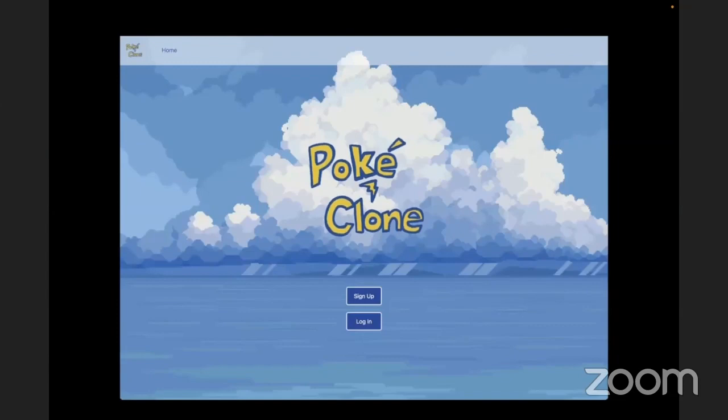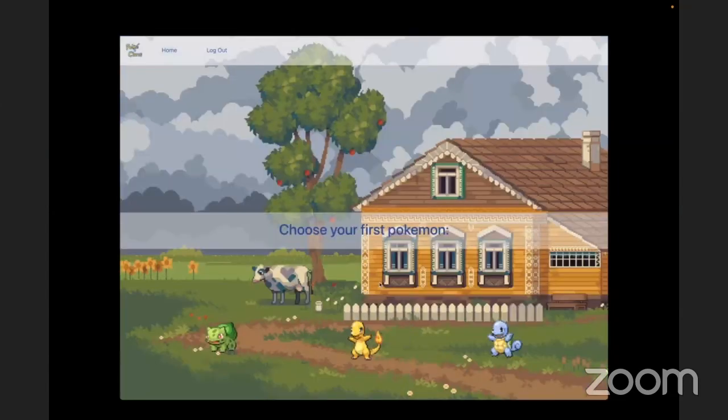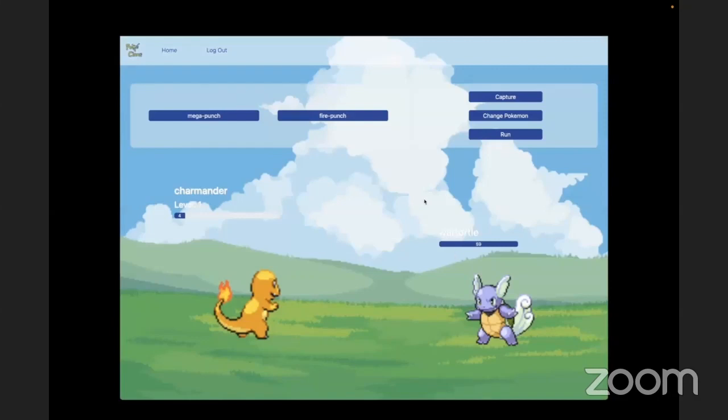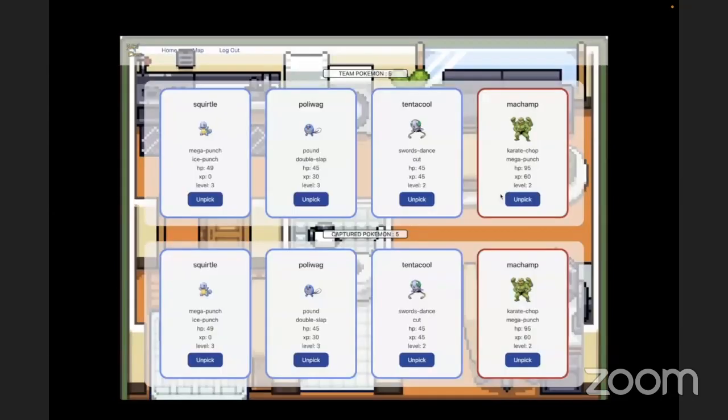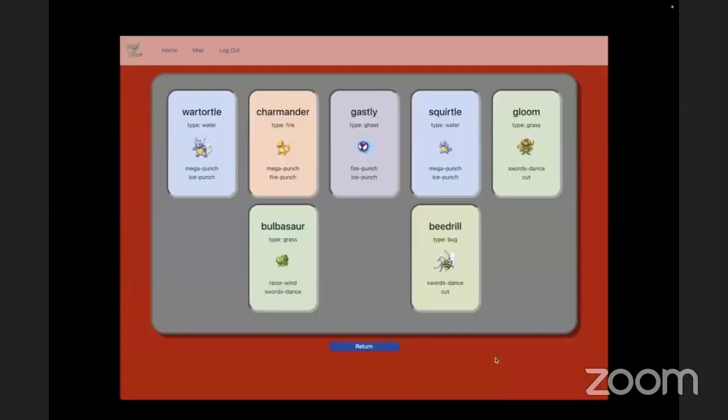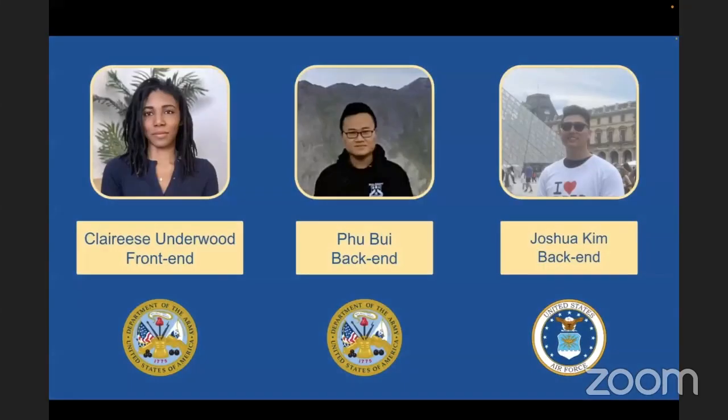Users can sign up, log in, and begin their Pokemon journey by selecting a starter Pokemon to form their initial team. The game gives users the ability to capture more Pokemon, train them to compete in gym battles, and manage a dynamic team. Visit the Pokemon Center to heal your Pokemon, explore your virtual home to assemble a team of up to 6 Pokemon from your captured collection, and delve into the Pokedex to examine statistics for all the encountered Pokemon. Join us as we share our experience and insight gained from developing this educational game, highlighting the challenges and the